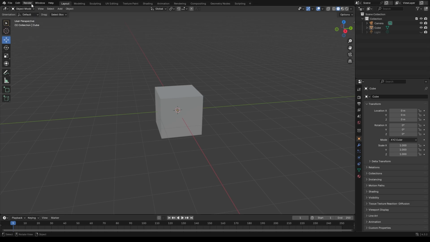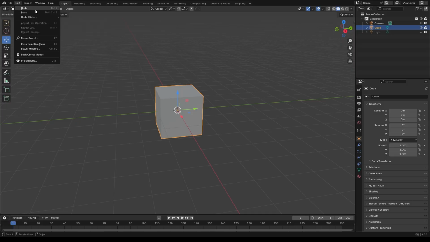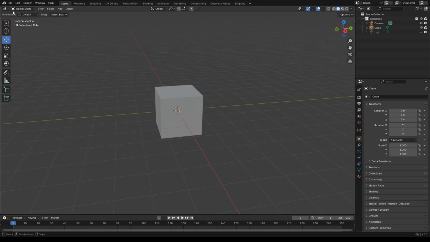See how it's invisible? You just do that again, boom, and boom. So you can see the changes happening right there. Obviously you can redo like that, but that is way too tedious to use. So instead you want to press, you can see the controls right here. For redo it's Shift Control Z, and for undo it's